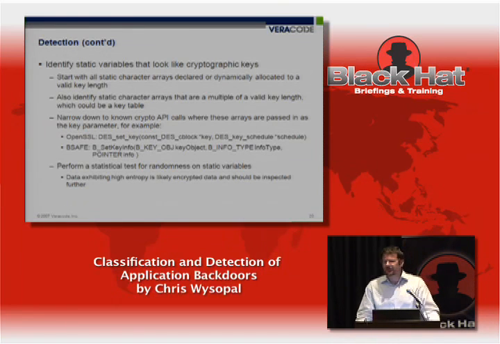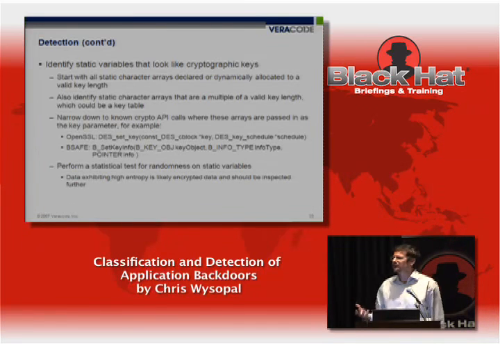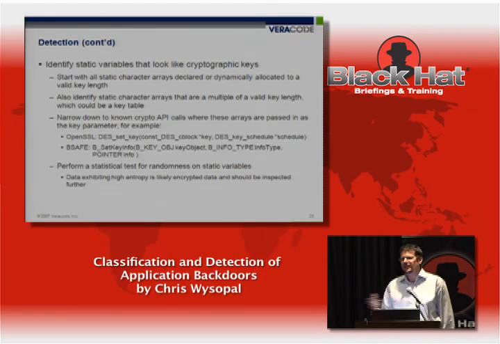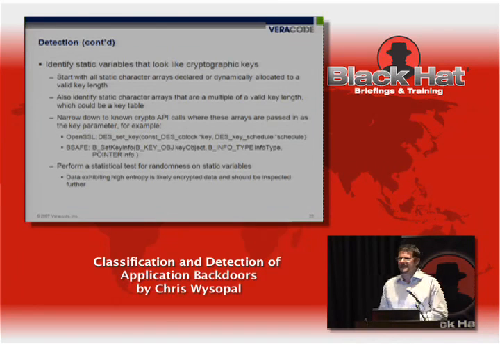And a final thing you can do to try to figure out if someone is hiding keys in the software is to do statistical tests for randomness on the static values. You could do this on the binary, or you could do it once it's been loaded into memory, at runtime. If you just scan through memory and do statistical analysis on chunks of memory that are the size that keys typically are,